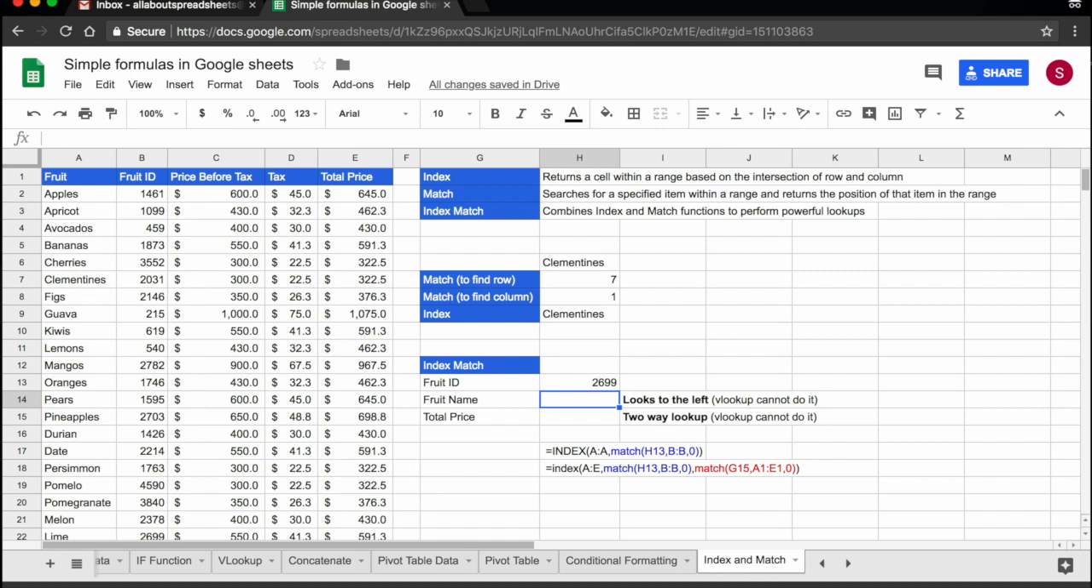In the VLOOKUP, your ID, your search key, has to be in the leftmost column. All of the remaining data has to be to the right. So this is a limitation of the VLOOKUP that does not exist with index match. With index match, you can have your ID in the middle of the table and you can look left. Let's start typing it. So equals